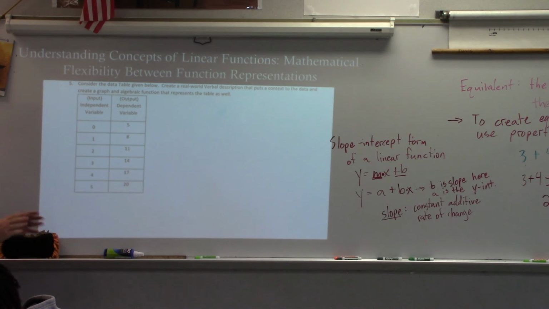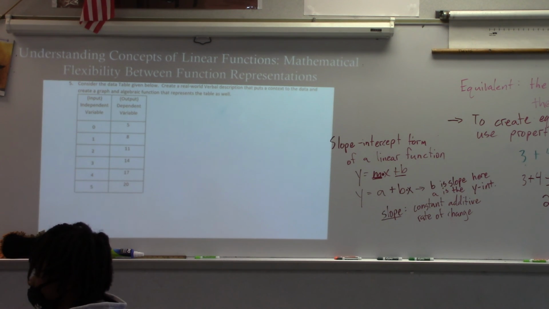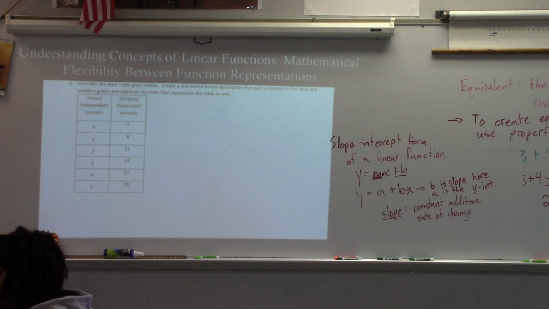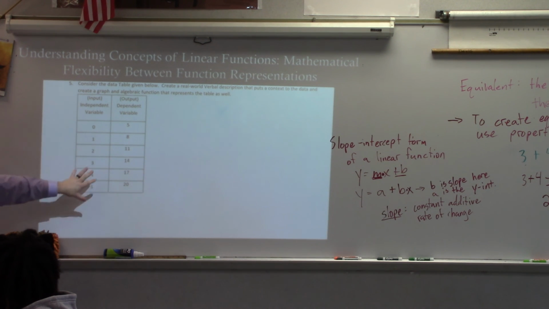Alright, so here's the thing. I know some of us are going to get stuck with this one, but that's why we're in a small group to discuss and help each other out. We have a table here, and notice we are going beyond what is due tomorrow. We're getting into understanding concepts of linear functions, mathematical flexibility between function representations. What representation is this called right here? A table. It's also called a tabular representation, and we're talking about linear functions. So what is